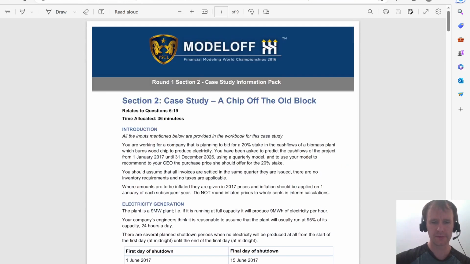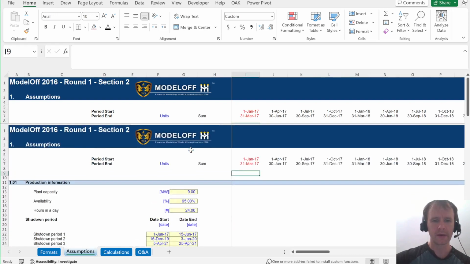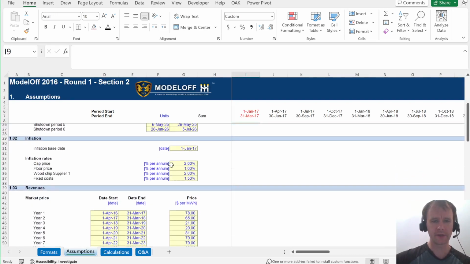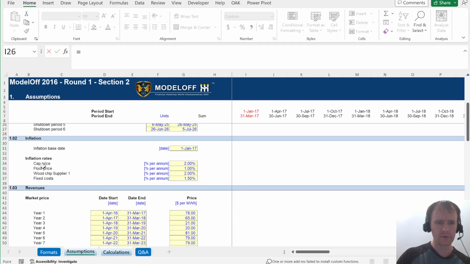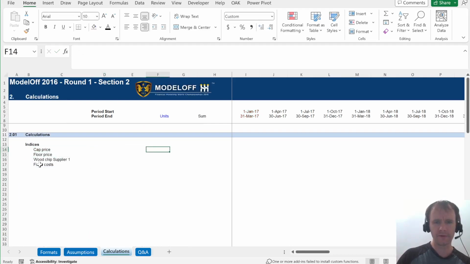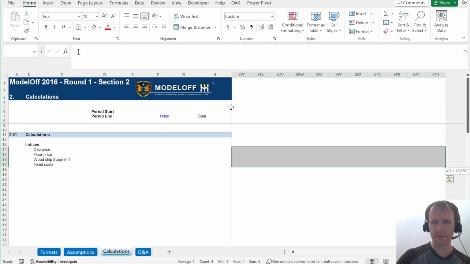Let's dive on in. All right, so same assumptions just laid out over here. The first thing I always like to do when there's a bunch of different inflation indices is just start off with indices. There are the different indices. They all start off as 1. I always make the first one red because it's different from the rest. And I'm gonna